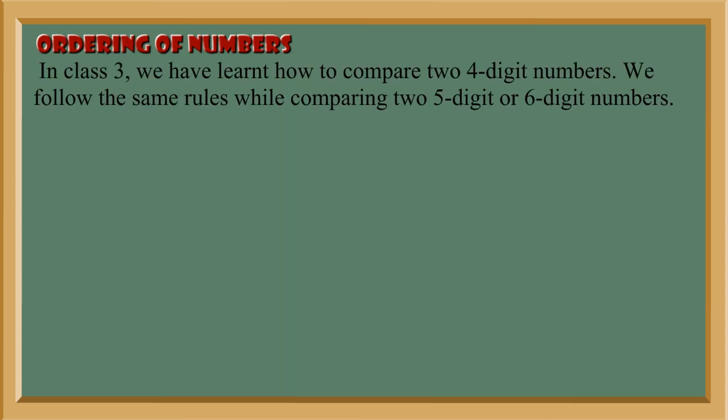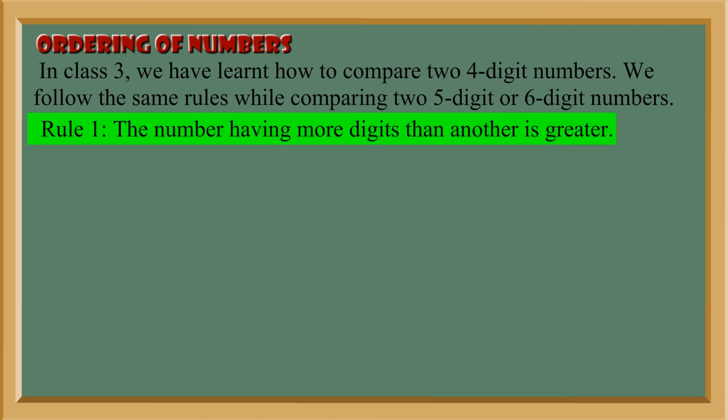Ordering of numbers. In class 3 we have learnt how to compare two 4-digit numbers. We follow the same rules while comparing two 5-digit or 6-digit numbers. Rule number 1. The number having more digits than another is greater. Example, compare